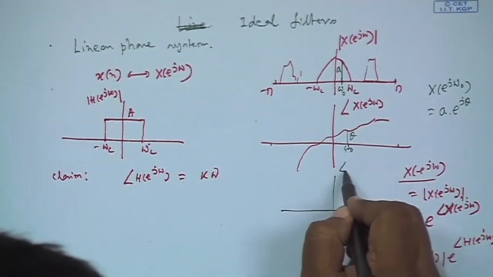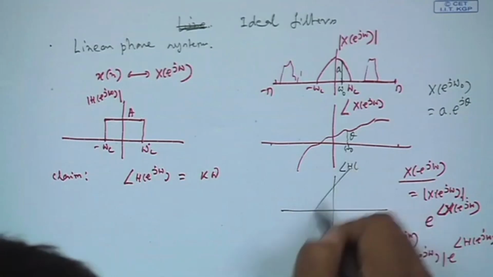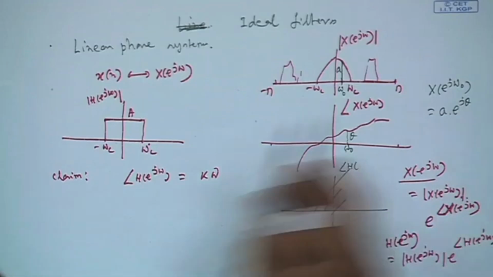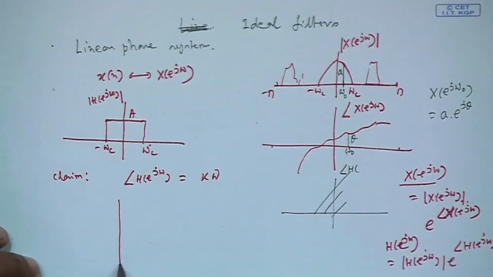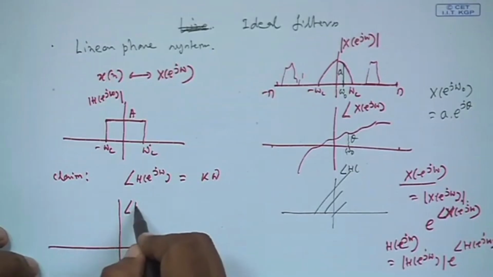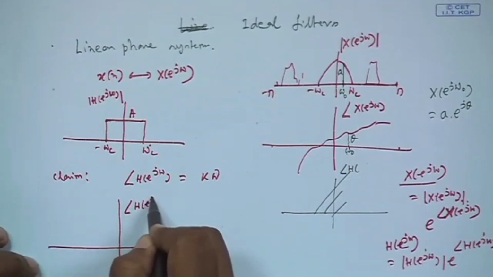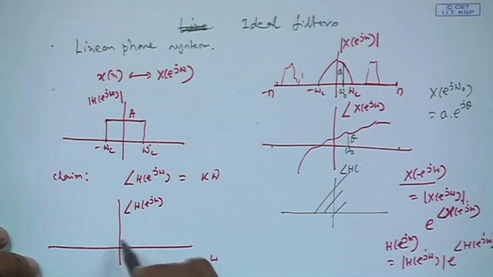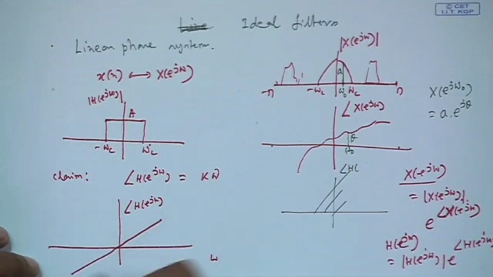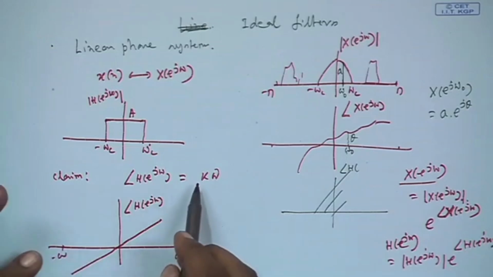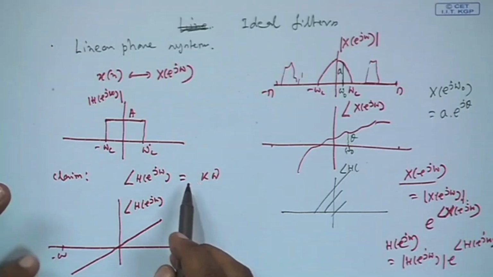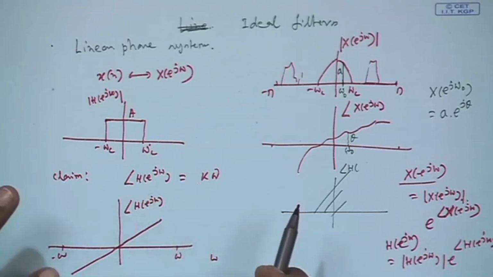That is, maybe I can draw on this side, because this is magnitude, phase. If I plot versus omega, it should be some k omega. If k is positive, slope will be positive, k is negative, slope will be negative, like this. This is the claim. If phase is also like this, then our claim is that output of the filter will